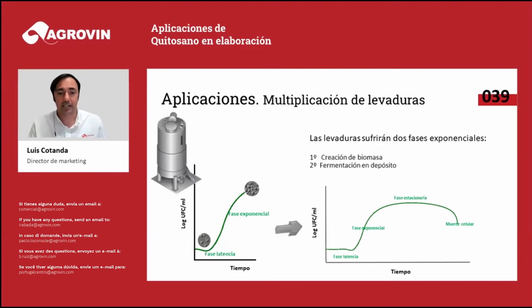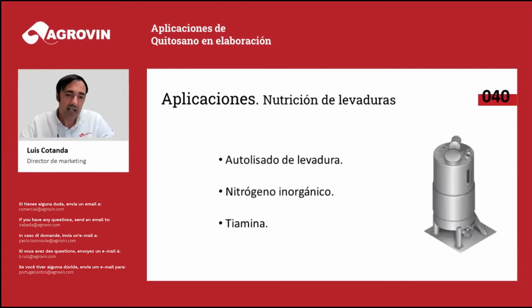I don't mean that yeast multiplication is a simple thing, but when we have those yeasts that are multiplying and are viable, that is, they are able to finish the fermentation, that requires a certain level of nutrition. And this is why